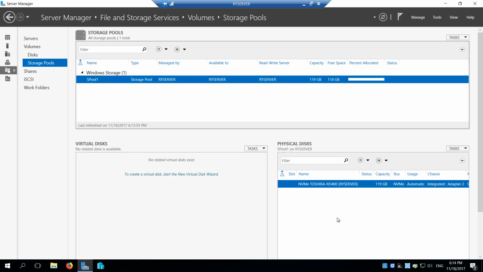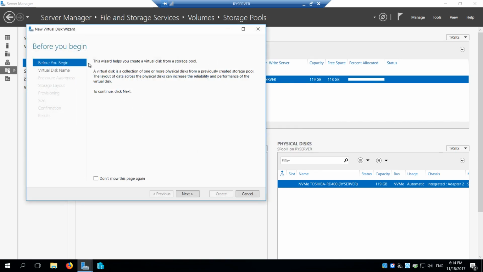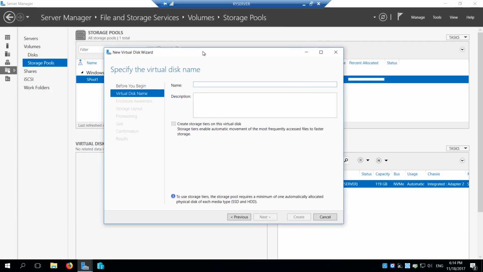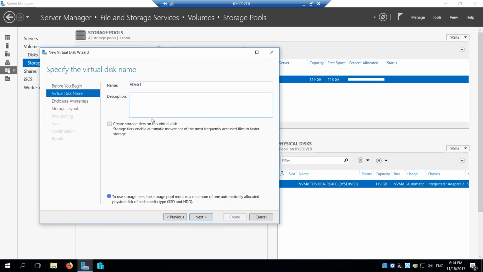So after you create your pool, the next task is you want to create a new virtual disk. Okay, same thing, and you can read this little bit of information if you want. Just hit next. Now this is a virtual disk we're making here right now, and it's the first one in our storage pool, so I'm just gonna call it virtual disk 1. Okay, really simple. And if you want to, you can add a description. So we could just say here, if we want to, it's the NVMe, and we could just say it's a RD400. Okay, and we could just say it's 119